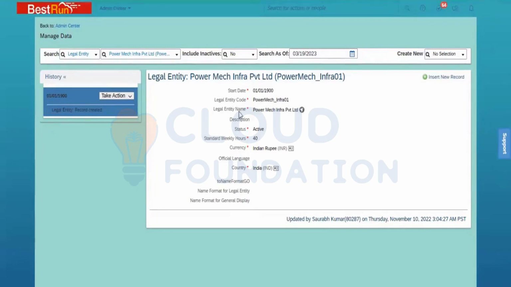So earlier this object and the fields were associated with the XML before migration. After migration, these fields are now maintained in configure object definition for all the objects. If you're taking legal entity, or business unit, division, department, every object will be associated with configure object definition.